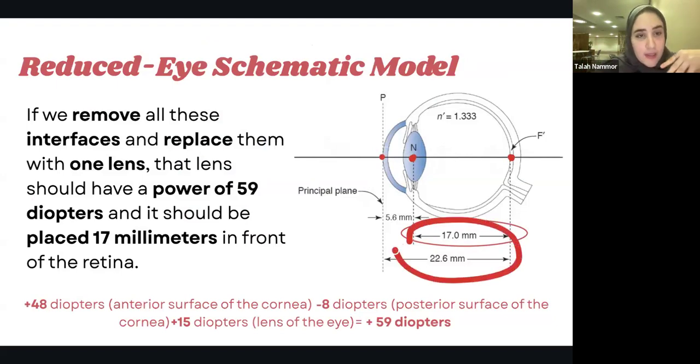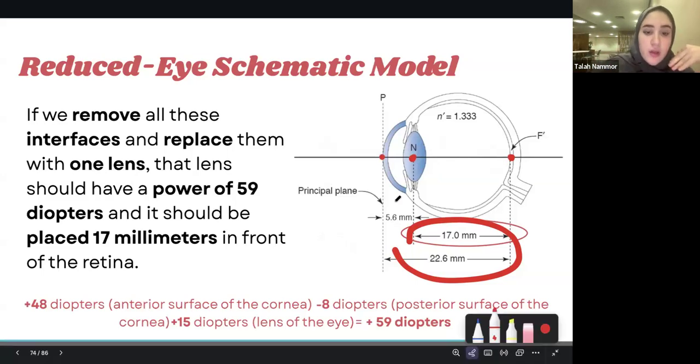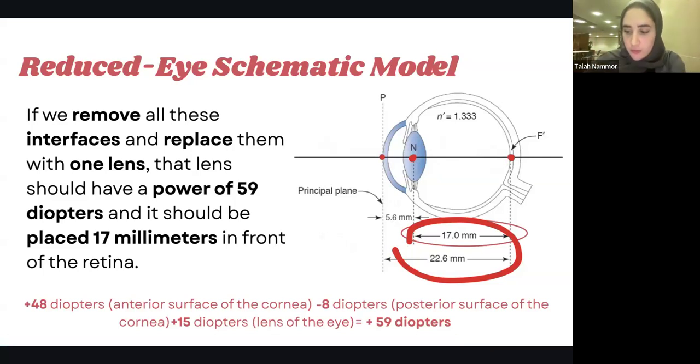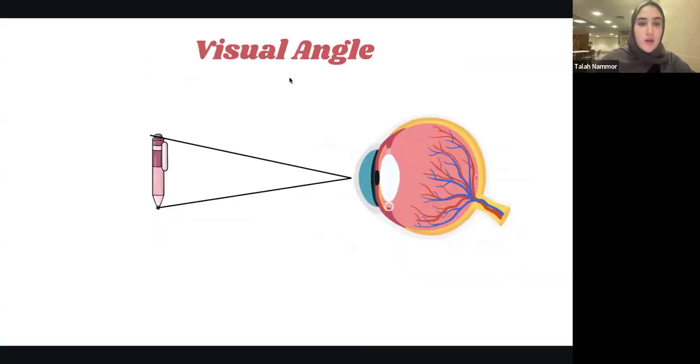Plus, they did another thing that is kind of extra. They got the diopters of each and everything, which is the cornea and the posterior surface of the cornea and the eye, and they added them all together. They also ended up with 59. So slay, I guess. Let me just double check if 1 over 17 is actually 59. Imagine if it's not. Wait, 1 divided by 17. Oh no, it is. Anyways, this is all just